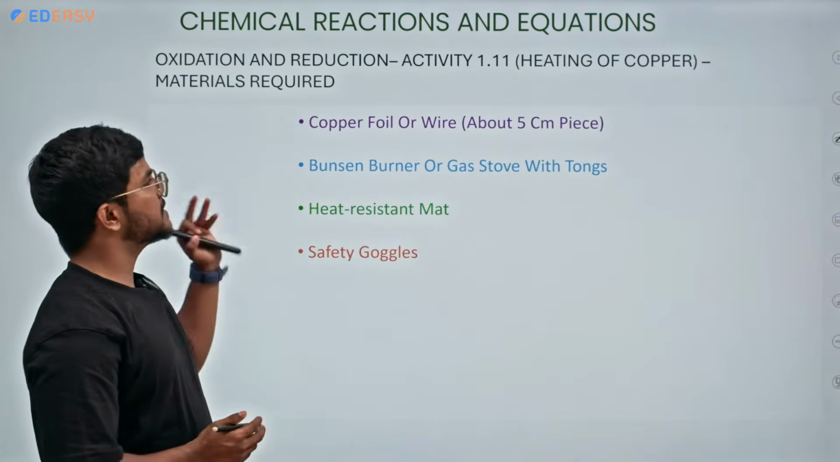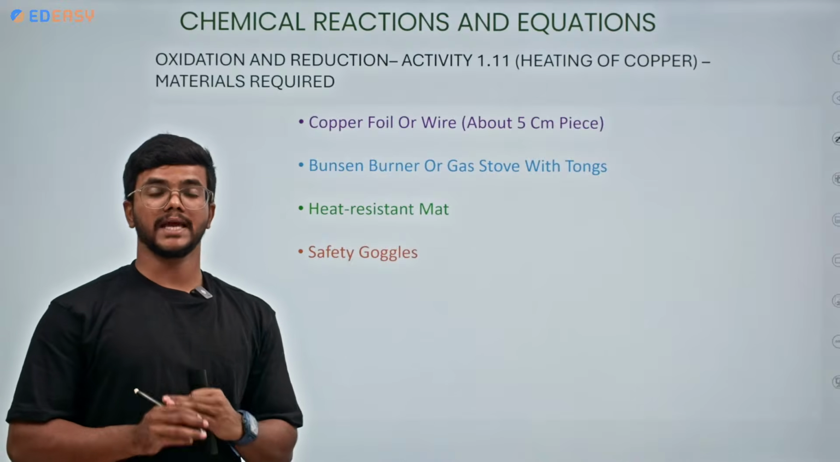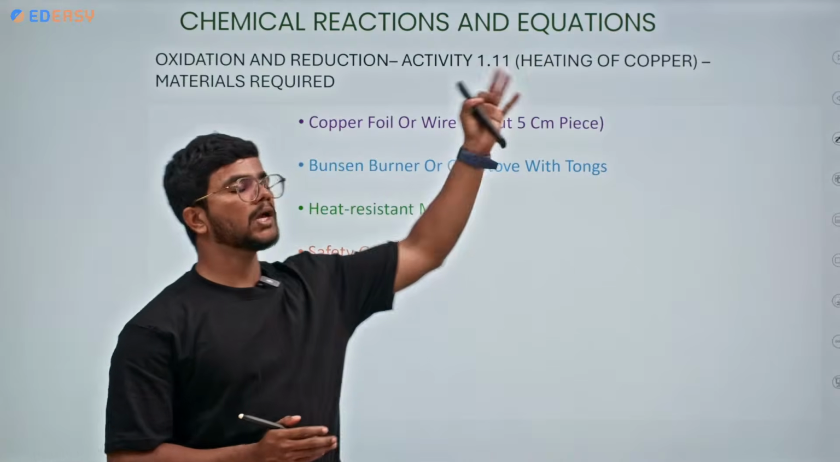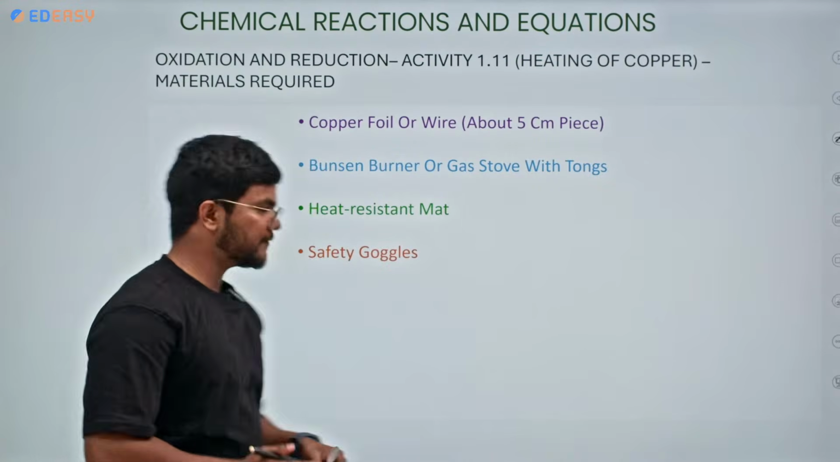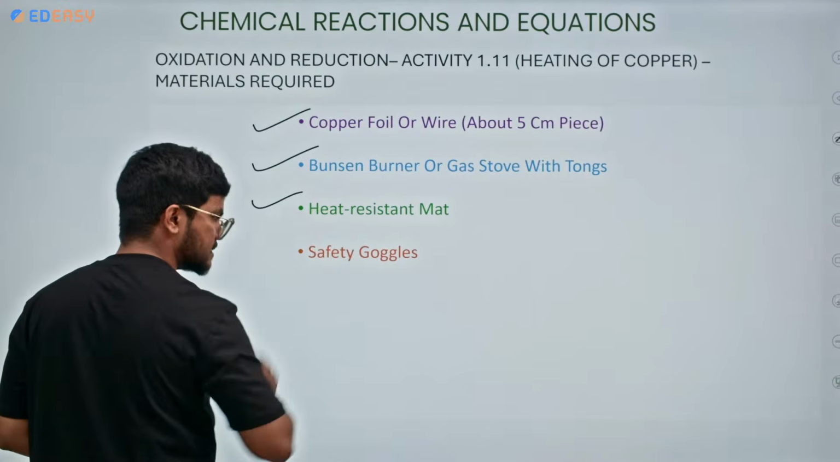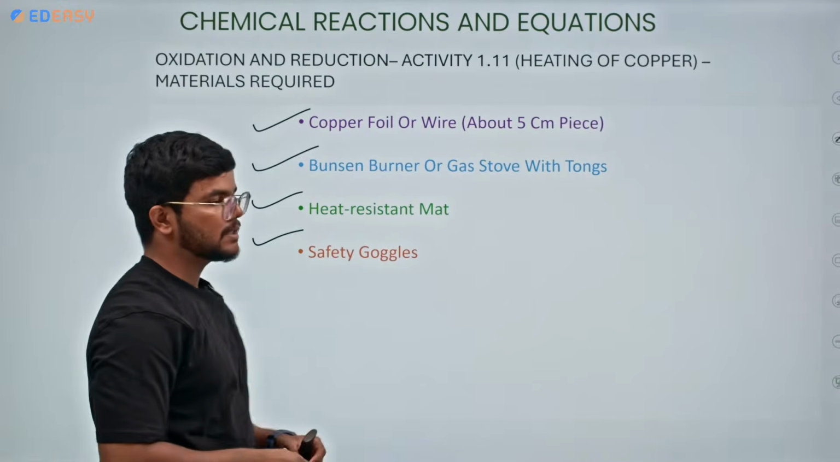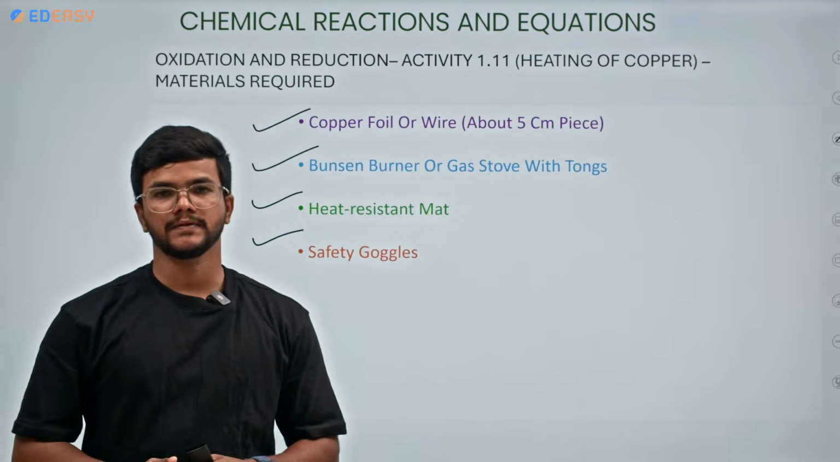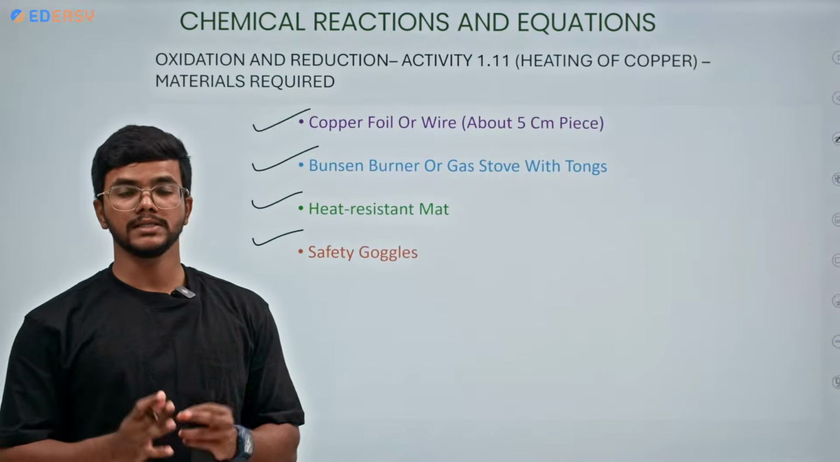The materials required for this experiment, which explains oxidation and reduction, involve heating of copper. For that we need copper foil, a Bunsen burner, a heat resistant mat, and safety goggles. Why do we want safety goggles? We are dealing with heat, that's why we have to wear safety goggles, because